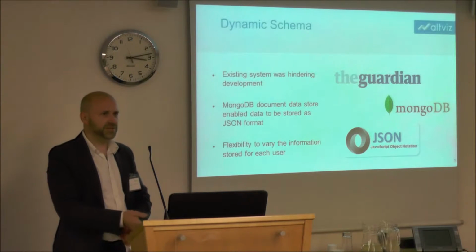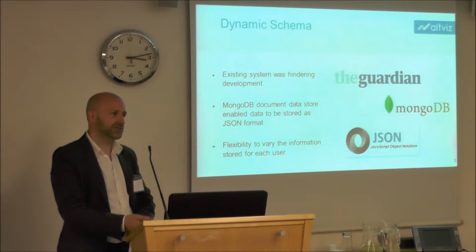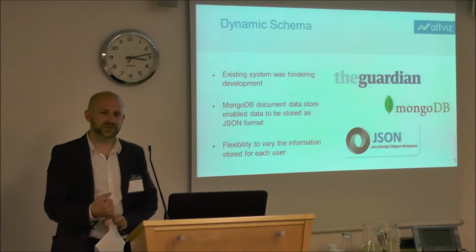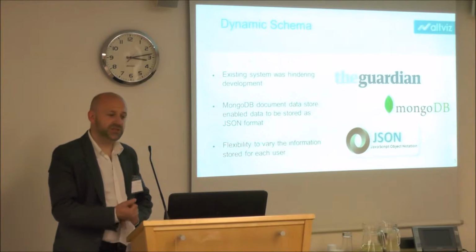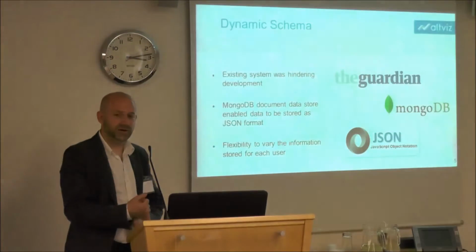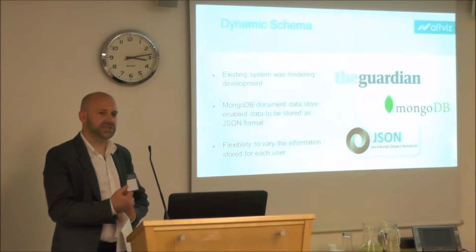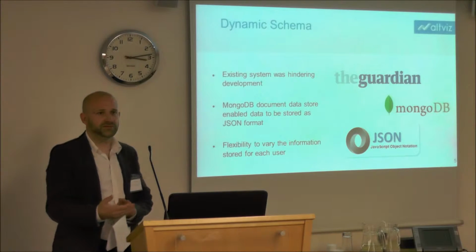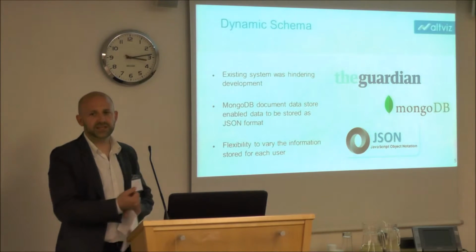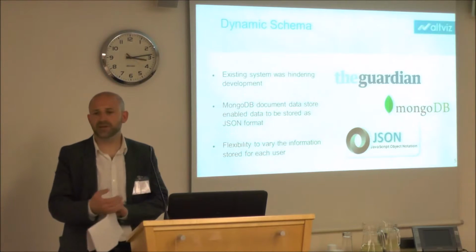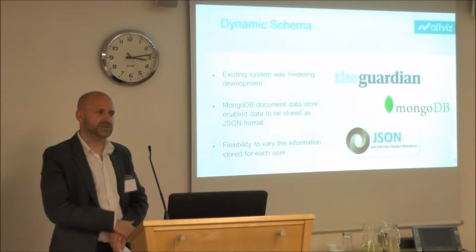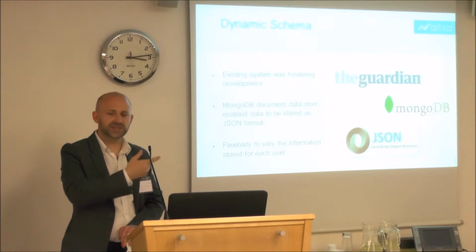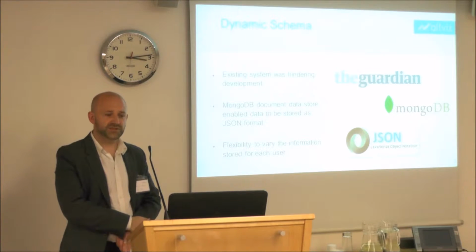So if somebody entered a competition, if somebody left a comment online, that needed to be captured. But the relational database couldn't do that. So The Guardian switched over to a document data store called MongoDB, and that allowed them to capture the data using the JSON format. And it didn't matter if user A had 20 data items associated with them, and user B had 30. Because the information is unique to each individual, it could be stored in a tailored way and then queried to surface the insights.